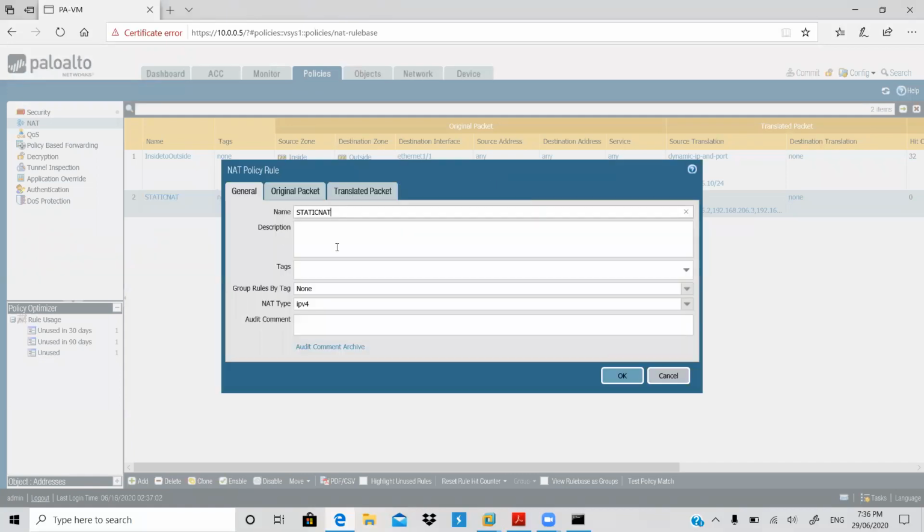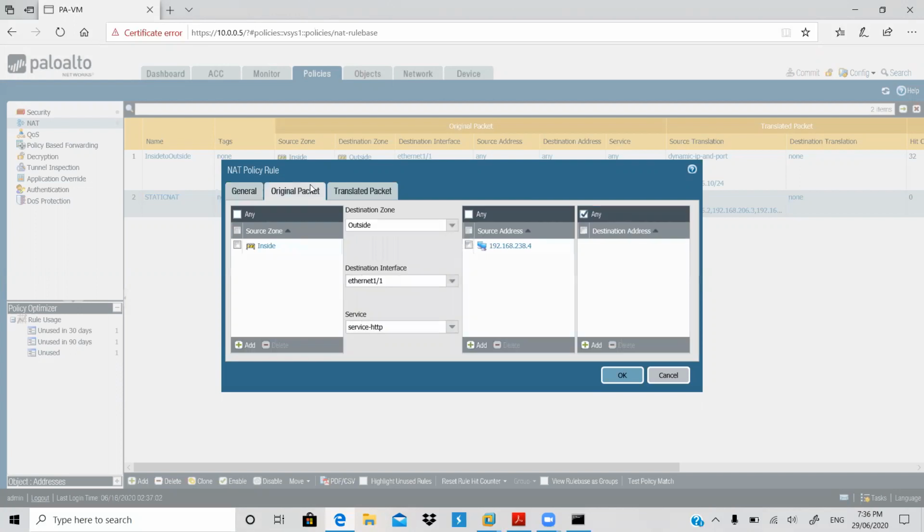Okay. Then original packets is by source. The source, wait a minute. 192.168. 192.168 inside, fine. Okay. Destination. But the location by source is now 238, dot 8. So is this fine? It should be dot 8. Yeah, now because it has changed. Earlier it was 4. Okay. Fine now.